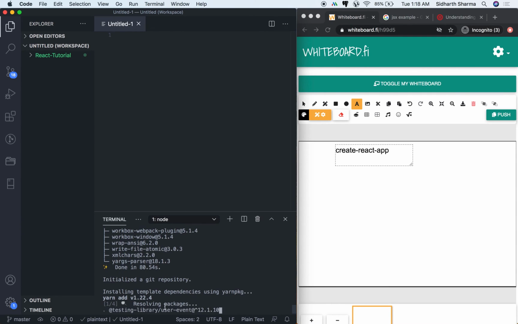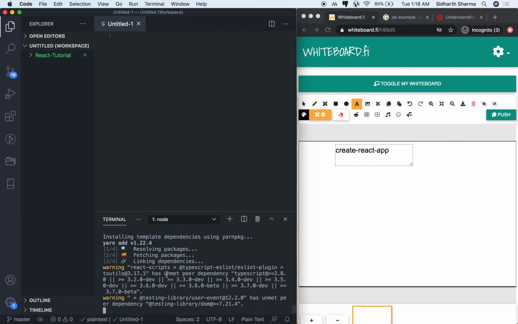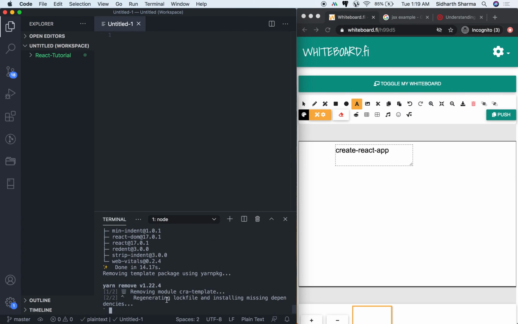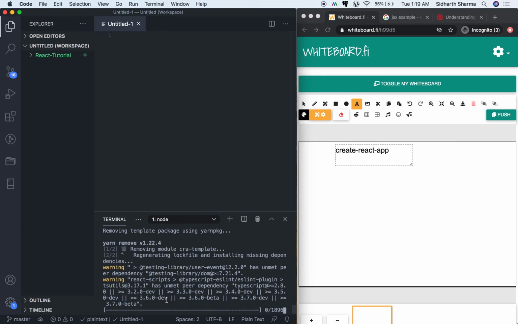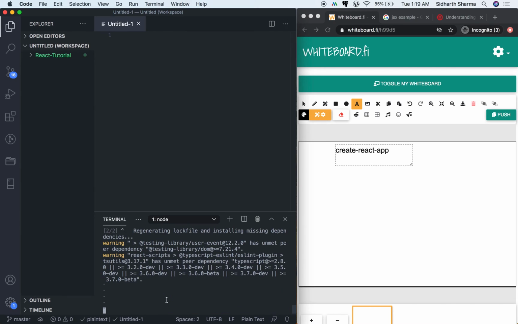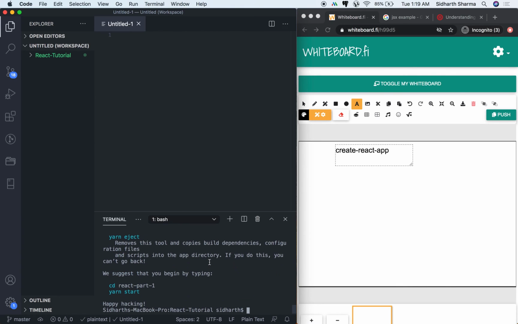So this is React DOM. You can see that DOM is installing. This is the testing library. React also uses Jest, but this is the new library, the testing library, which helps us write unit test cases and all. So you can write unit test cases using this React testing library. It's a good library, and we can use it for writing test cases. In later videos, I'm going to talk about unit test cases and all, and then props and